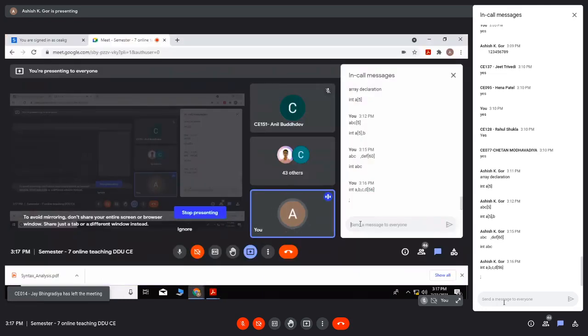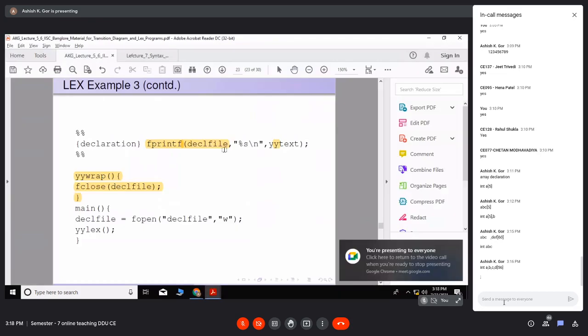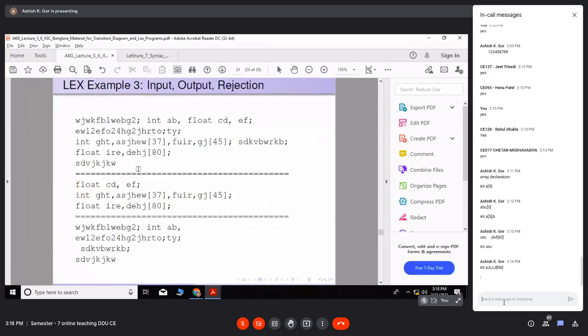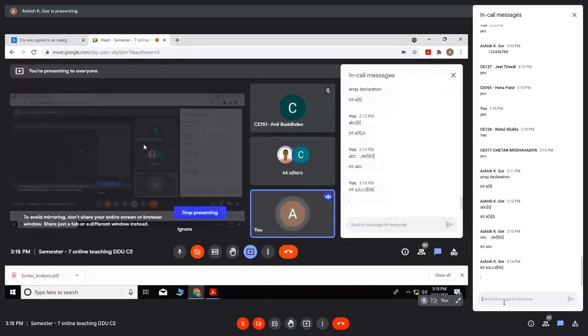YY wrap is just for wrapping up the details. If you have opened files, it is advisable to close all those files in YY wrap, so that file-related data structures can be handled properly. Let us see the input and output related to this.